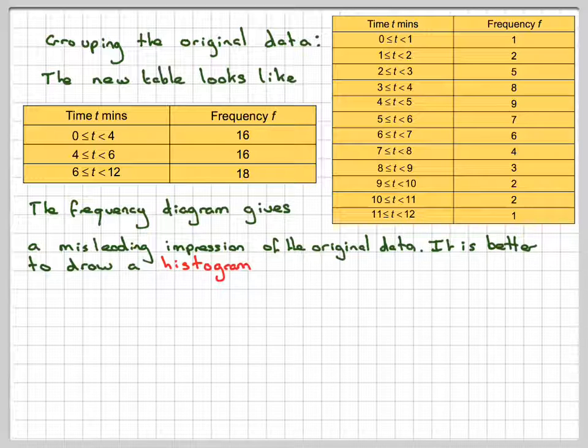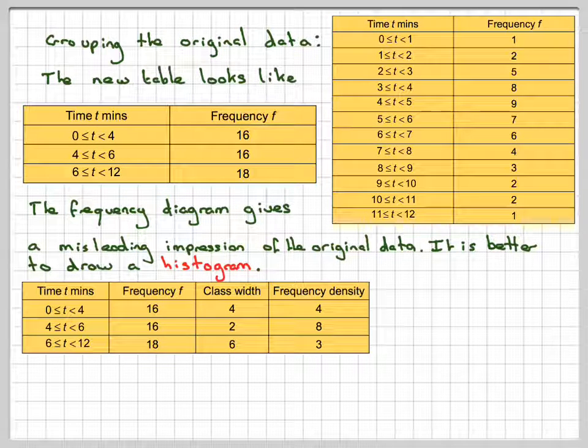so it would be better to draw what's known as a histogram. Now for a histogram, the heights of the bars are given by what's known as frequency density. So here we have a new table, the same table as above, time in minutes and frequency, and then 2 extra columns, and we've worked out the class width. So from 0 to 4, which is 4, from 4 to 6, which is 2, and from 6 to 12,